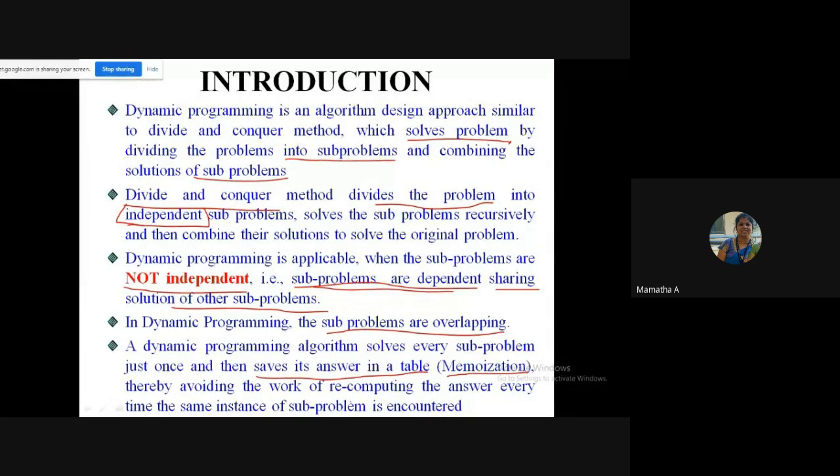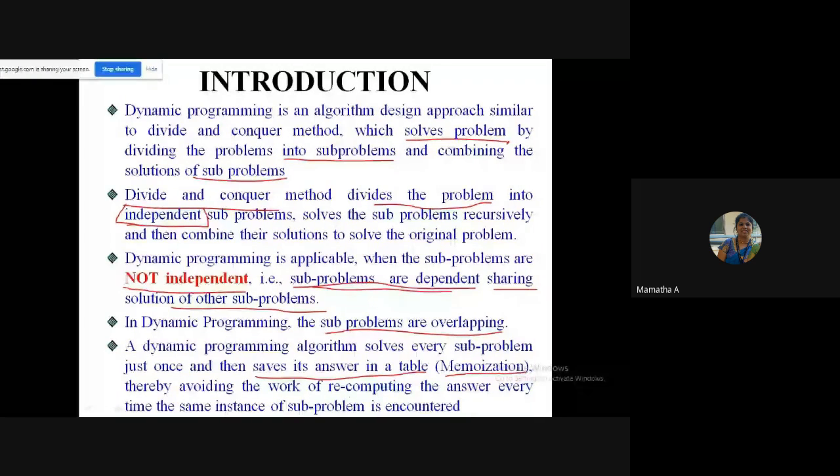Are you understanding? So this is how dynamic programming works. It is very easy to say what dynamic programming is. It is a programming or design approach wherein a problem is divided into dependent sub-problems, where each sub-problem depends on the solutions of other sub-problems. Remember, solutions. And the solution of every sub-problem will be solved and kept in a table, so that the answer can be reused.